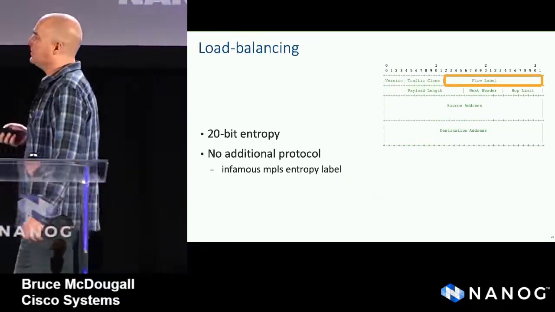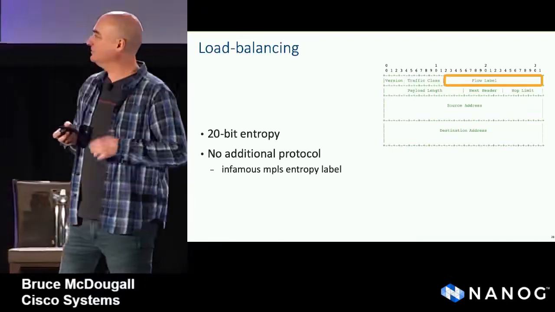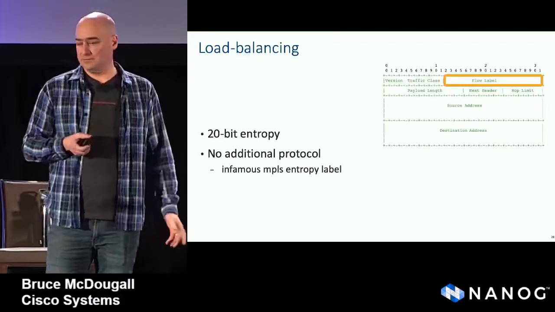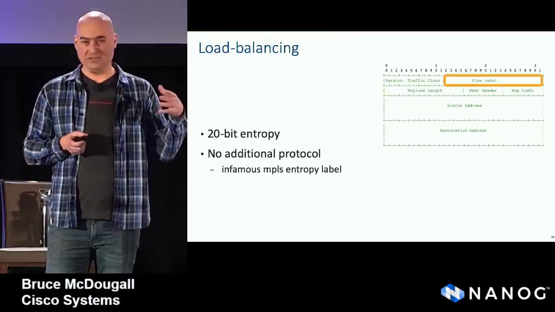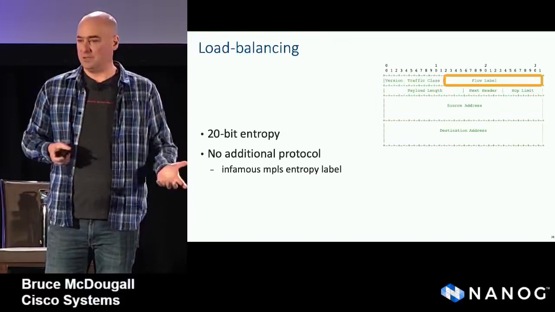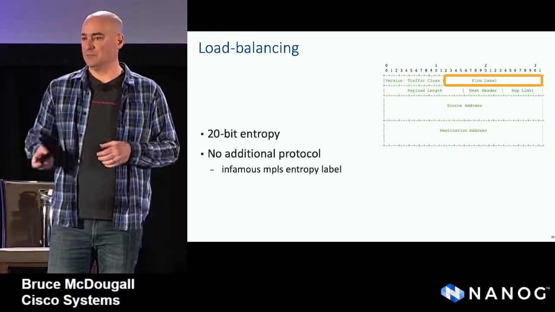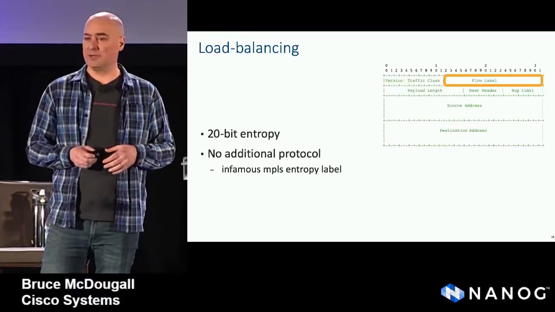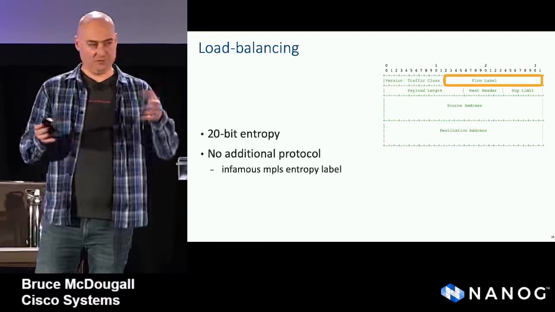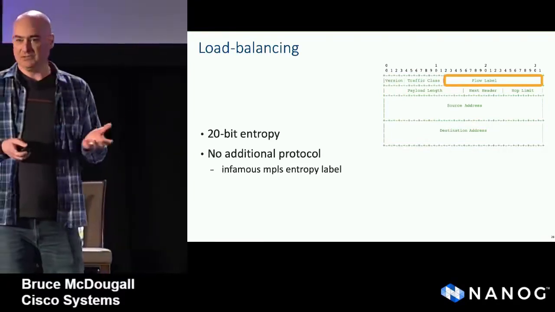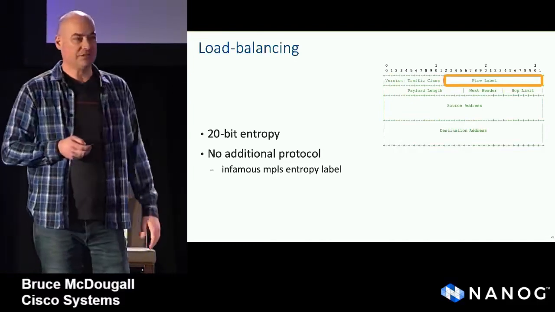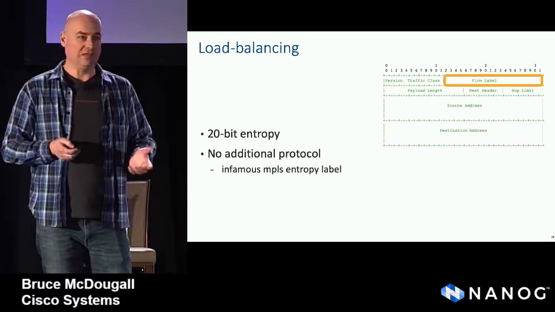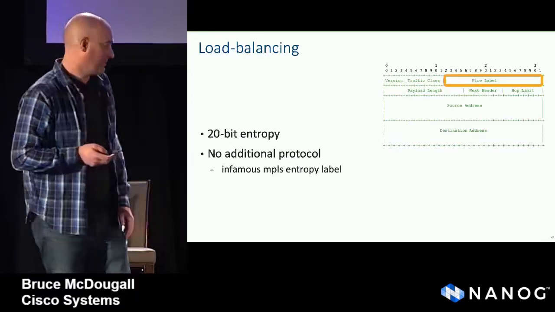Additional, I don't know if this is a use case per se, but this is additional functionality that is really nice with SRv6, and that's load balancing and getting to load balance on a flow label that's right at the front of the packet. So with MPLS, we've got the potential for a deep label stack, and many hardware platforms are not able to hash on the inner IP after such and such a label stack. So we've got other things like MPLS entropy labels. And with IPv6, we actually just get flow label out of the box. It's part of the protocol.